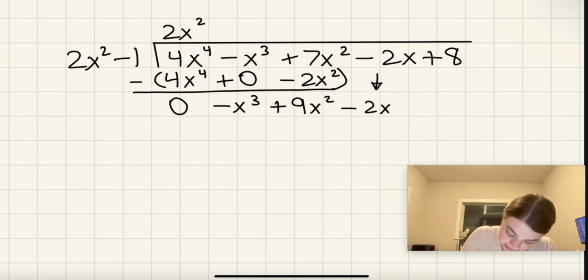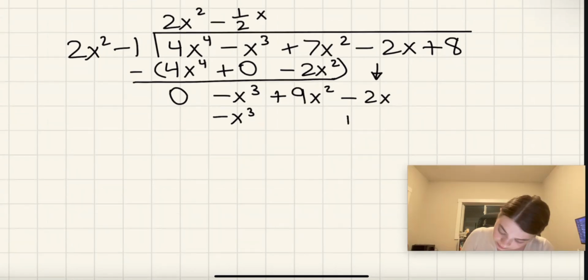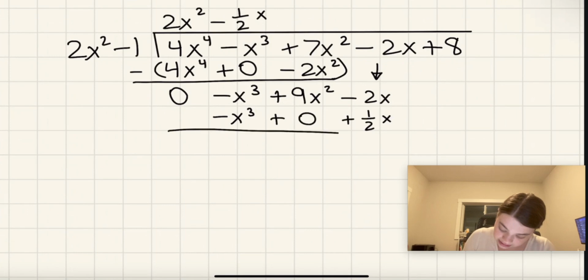So therefore, the answer is going to be negative 1/2 x, or negative x over 2. And then if we multiply that, we end up getting negative x cubed here. And then negative 1 times negative 1/2 x is going to be 1/2 x. So here I'll put plus 1/2 x, and then here we can just put plus 0,